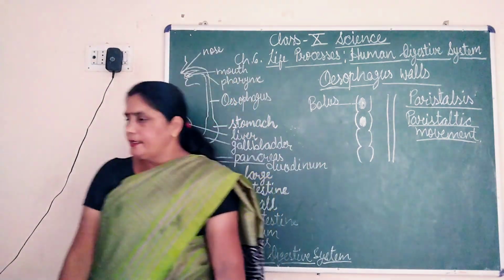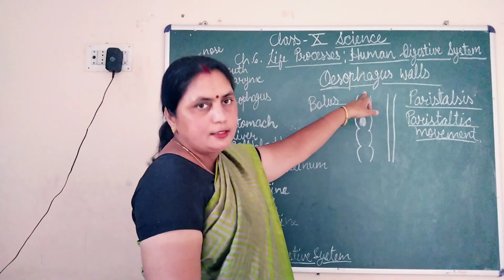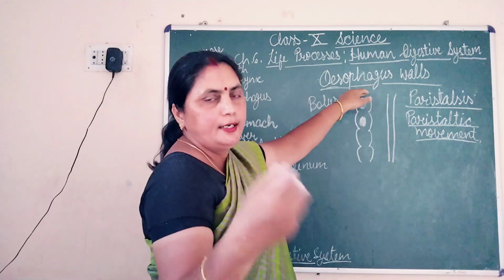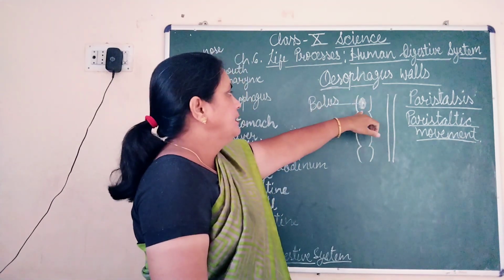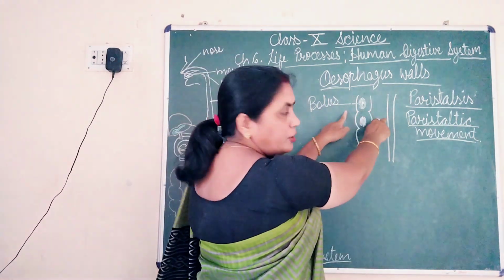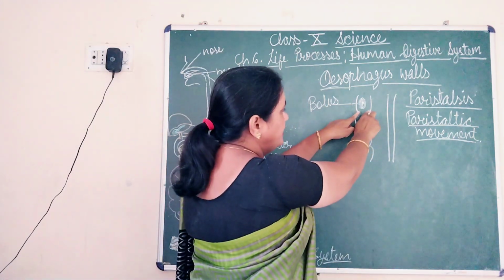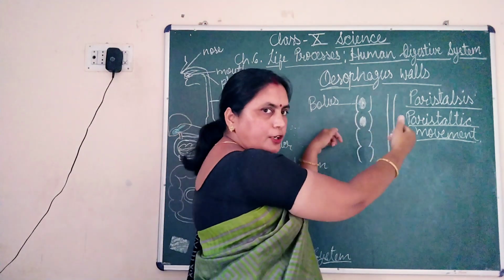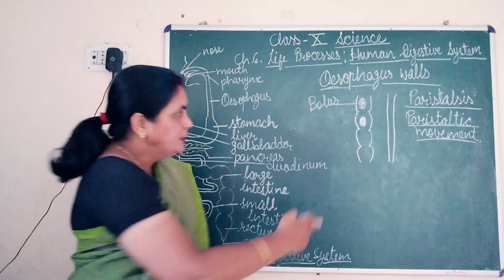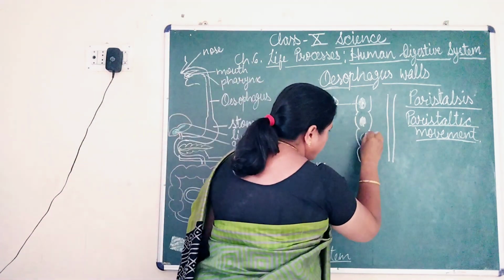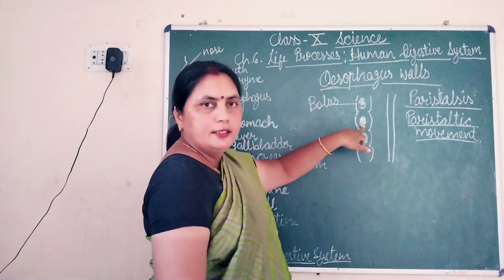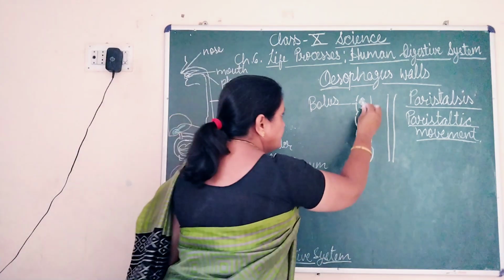When it slides into the next part, by that time the next bolus will come, because we will take another bite and chew it and it will turn into bolus. Now this bolus has come here because the wall was relaxed. Now this wall will again contract, and this portion of wall will also contract, and then they will be relaxed. As these two parts are relaxed, this bolus will slip to the next portion, and another bolus will slip to the next portion, and here the new bolus will be there.